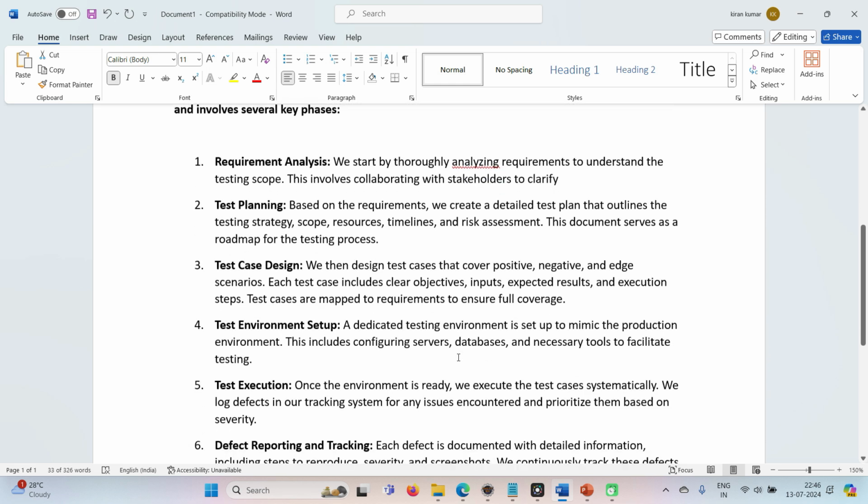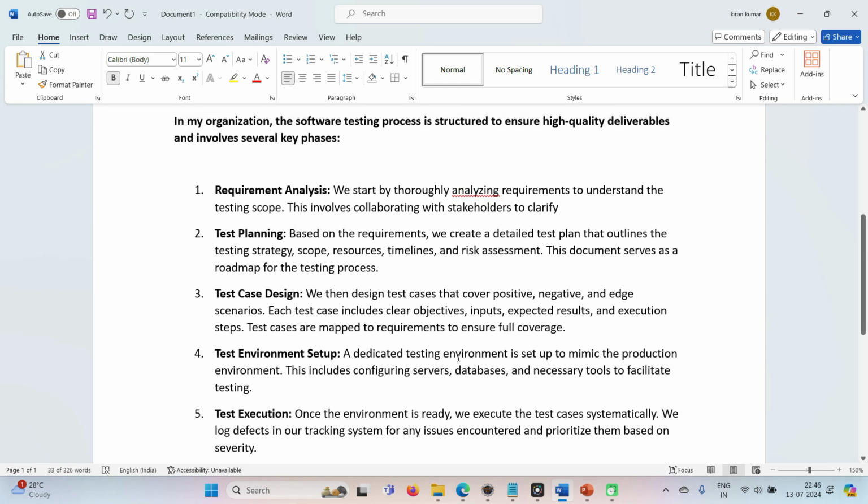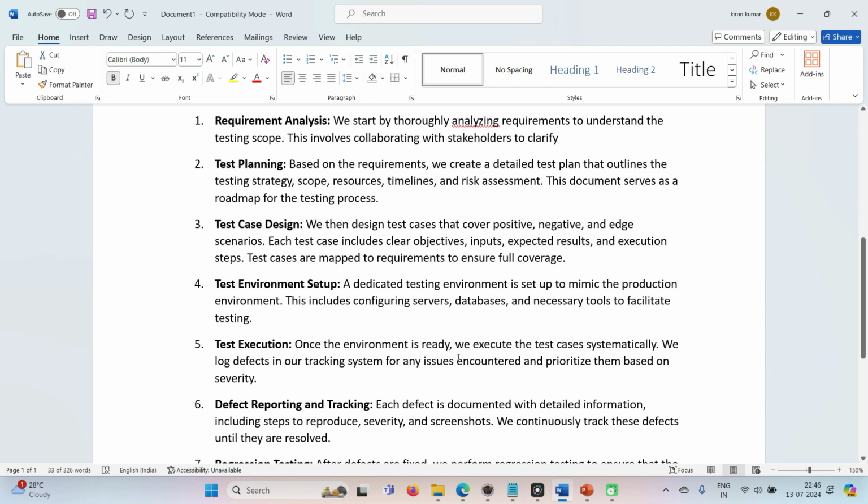Now, whenever we talk about the process, in any organization, the software testing process is structured. To develop an application, we need to go with a structured process, and to test also we need to go with a structured process. And what are the key components involved?